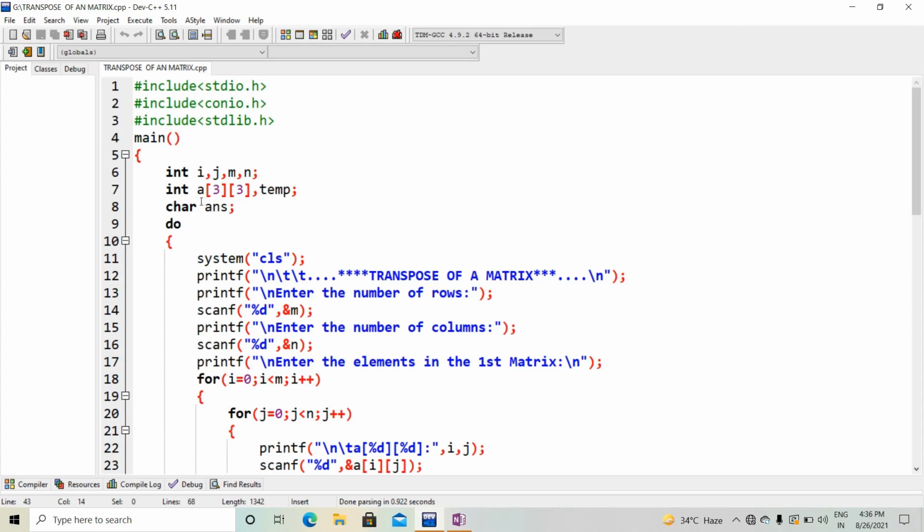So here int a of 3 means the number of rows equals the number of columns equals 3. Here I have taken a variable, temp, for swapping. For swapping I have to use this variable. Then char ans.